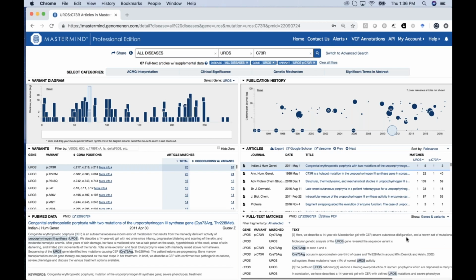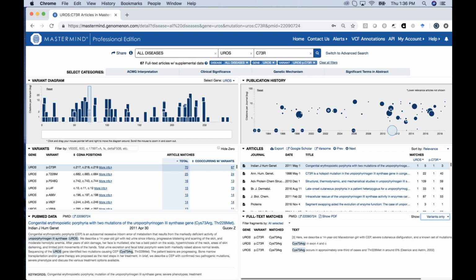In this case, it's defaulting to genes and variants, but if you want to see only those sentences that mention the particular gene, you can click on that window. Or in the case that I want to highlight for this use case, if you want to specifically focus on the papers and their mention of the variant of interest, you can click on and engage the variants only window here,